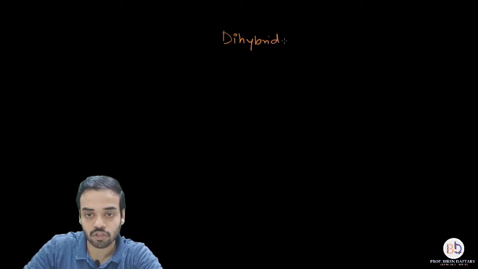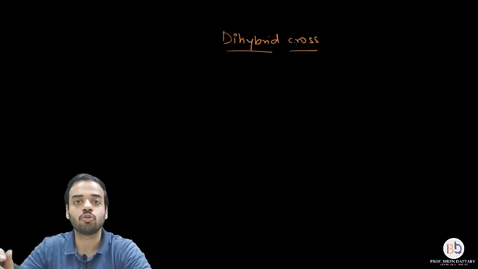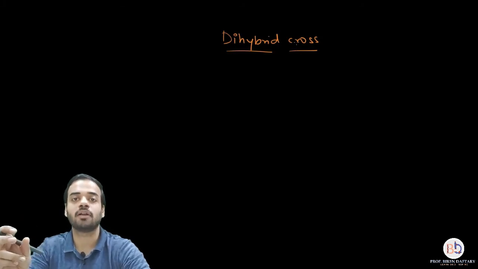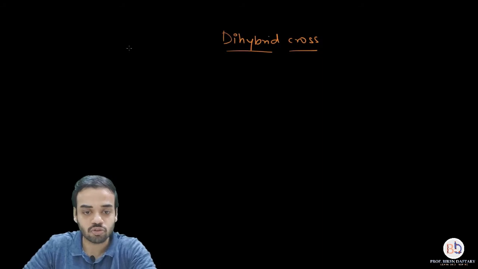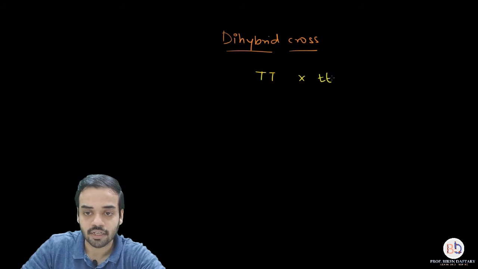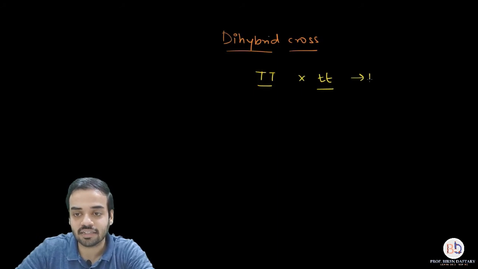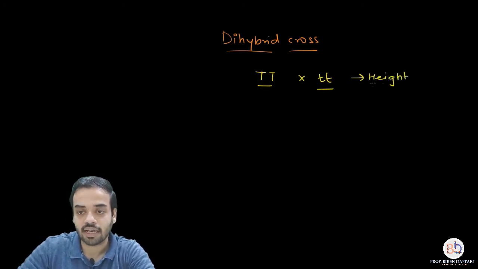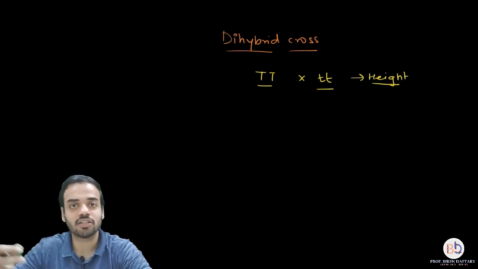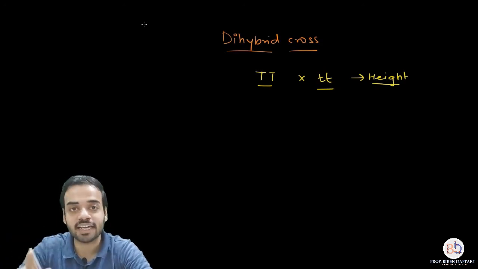Dihybrid cross. First of all, what is the meaning of a dihybrid cross? We have already studied the monohybrid cross. A monohybrid cross is a cross in which we take any one particular character of the pea plant and show the cross. For example, we had shown the cross between a tall plant and a dwarf plant, right? So over here we are just choosing a single character, and that character is going to be the height. Since both the parents are pure, one of the parents has a dominant trait and the other one has a recessive trait, you know that. So this is called a monohybrid cross, in which we only take one character into account.